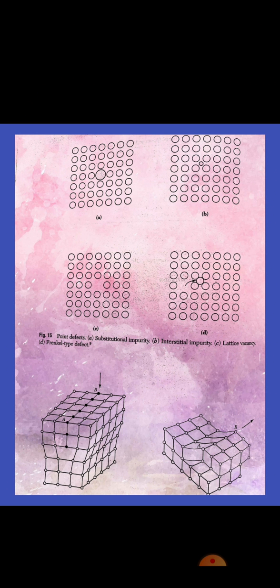Point defects are particularly important subjects in the kinetics of diffusion and oxidation processes. These topics will be discussed and will be used in our fabrication process. The next class of defects is the line defect, also called a dislocation. There are two types of dislocations: the edge and the screw types.